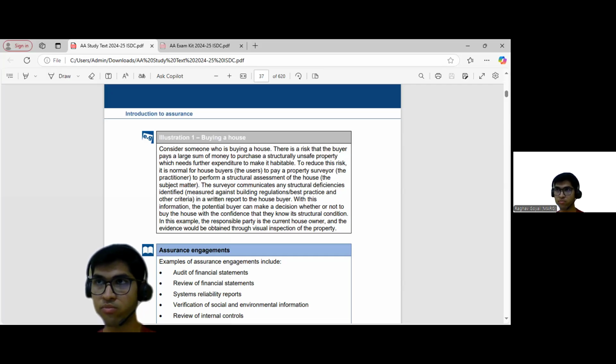These are the problem areas. And then based on that report, you can make your financial decision. If you think that this building is too risky for me, it requires more work, and I cannot buy it in this condition, then you may not buy it. But at the same time, if you feel like, okay, it's not a lot of work, it's in a good condition, it is valuable at this point of time, then you will go ahead and buy it